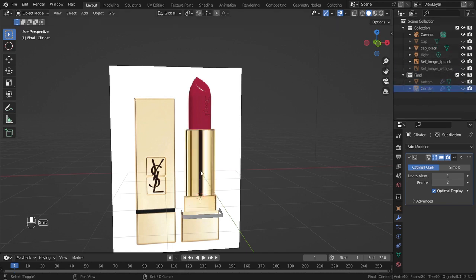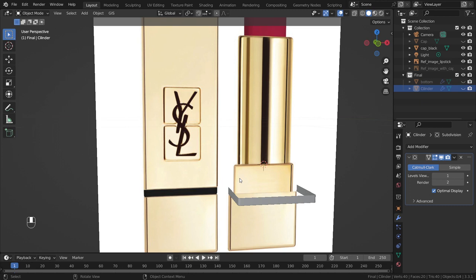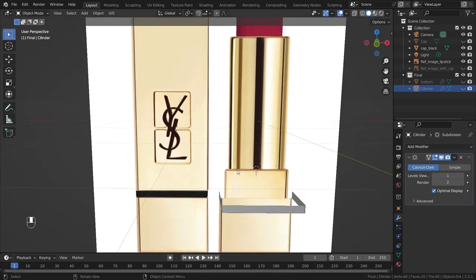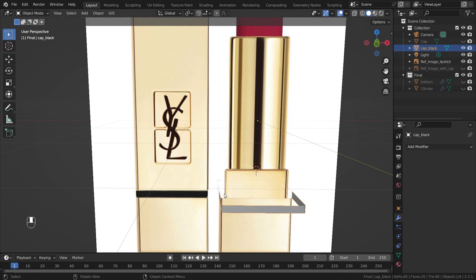As last, we have this cap black, which essentially is not just a cap black, it also is the inside of this cap. So if we look at this image here, you can kind of see what I'm talking about. This entire cylinder plus this little top bit here snap into this cap, right? Or the cap kind of snaps into there, whatever. We need to model this as well, right? So how do we do this? We essentially already have most of this modeling done. However, we just need this cap black to be a little bit thicker, and then we put the cylinder and a part of this